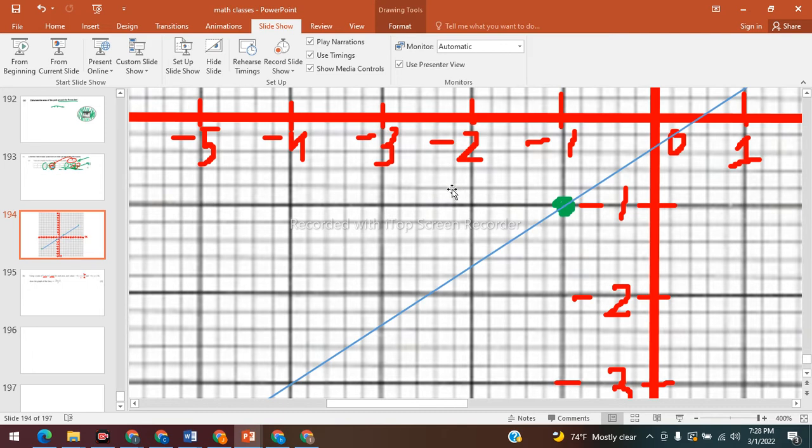So this is going to be 2.2, 2.4, 2.6, 2.8. So again, 2, 2.2, 2.4, 2.6, 2.8, and 3. So if this is 2.4, then that means that 2.5 is right there, right next to it.